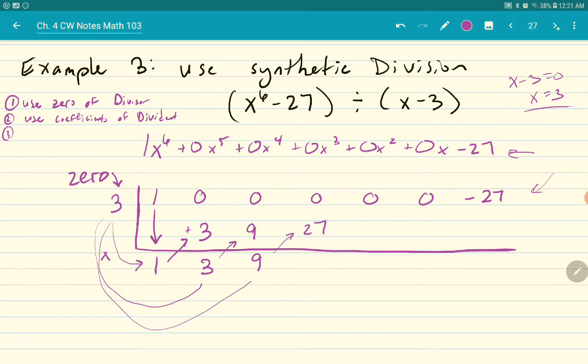And then I do 27 times 3, which gave me 81. And then I do 81 times 3, and I get 243. I'm just adding, multiplying, adding, multiplying. So now add the 0 and the 243, and I get 243. Now do 243 times 3, and I get